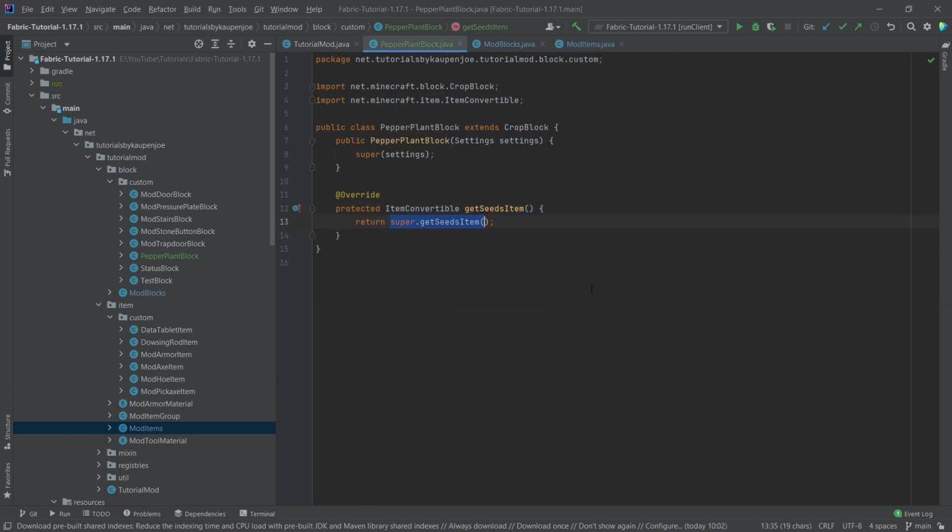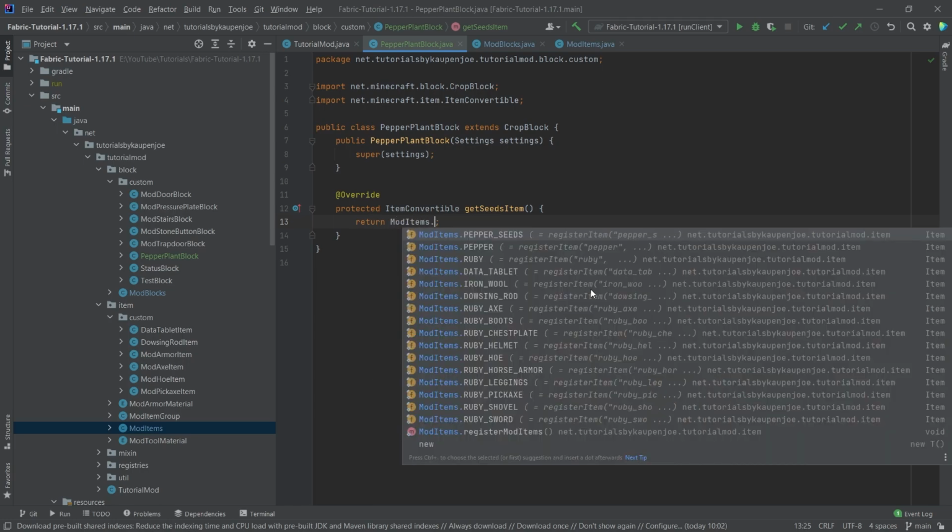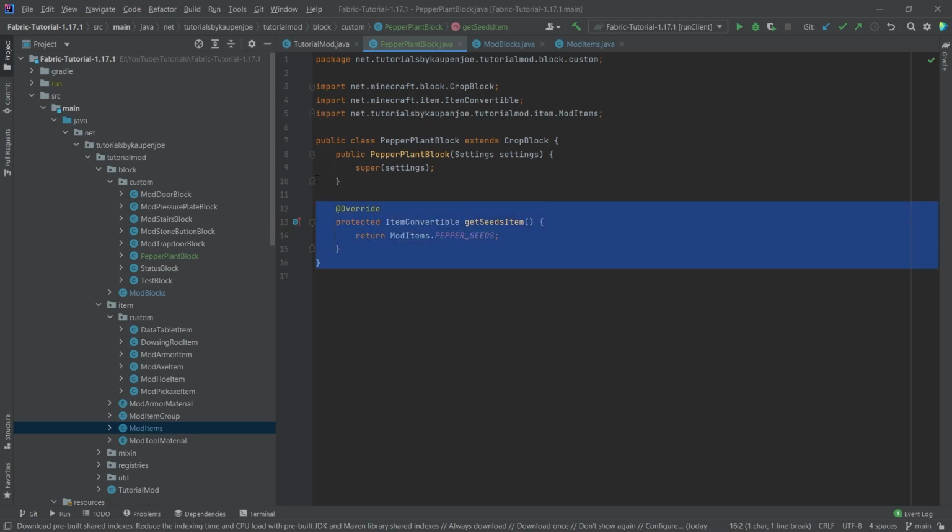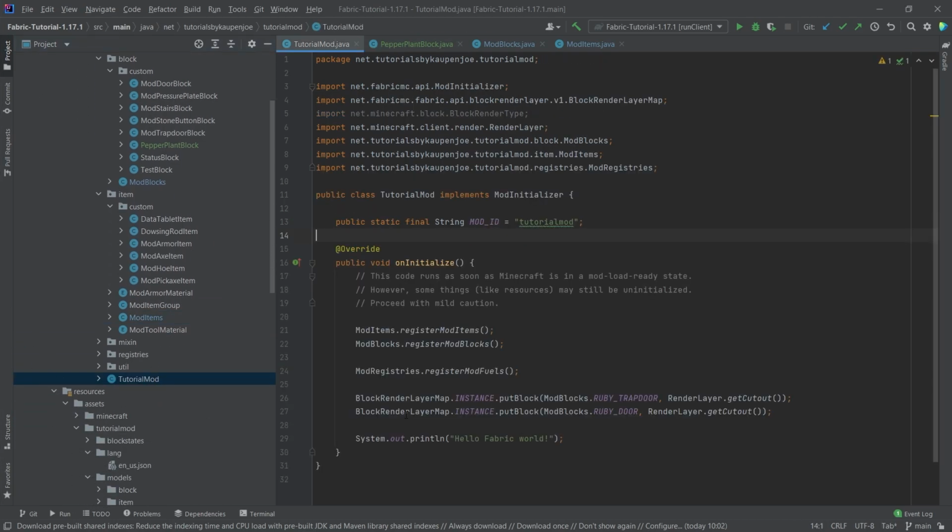So now here we can return ModItems.PEPPER_SEEDS, as you can see, and now we will be able to plant that block with the actual pepper seeds. Another thing that we need to do is also add this block to the render layer here. So we're going to say ModBlocks.PEPPER_PLANT, and then what we're actually going to do is